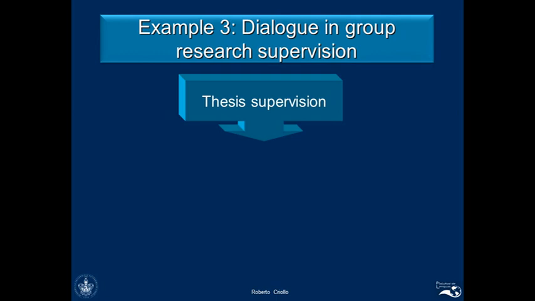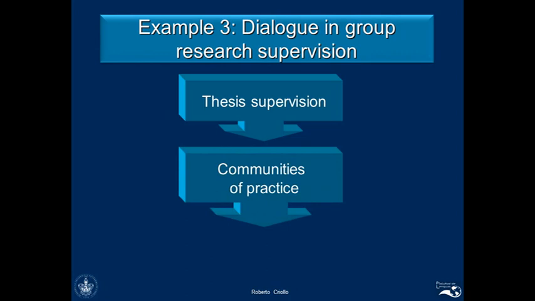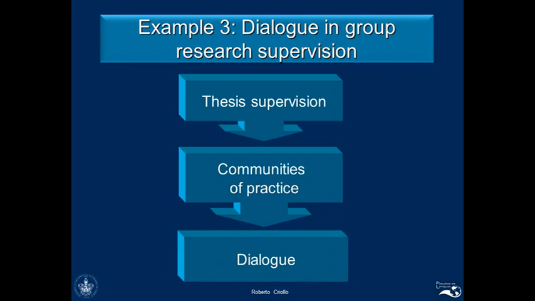We were interested in how people supervise research. And of course, we said, why do we supervise research? Why do people get involved in research supervision? Because there is something that is called communities of practice. I mean, groups of individuals that share the same profession, the same field of study, and that interact in order to create new knowledge. And so how do communities of practice create new knowledge? There are different mechanisms, but one that was particularly interesting for the person who wrote this research was dialogue.